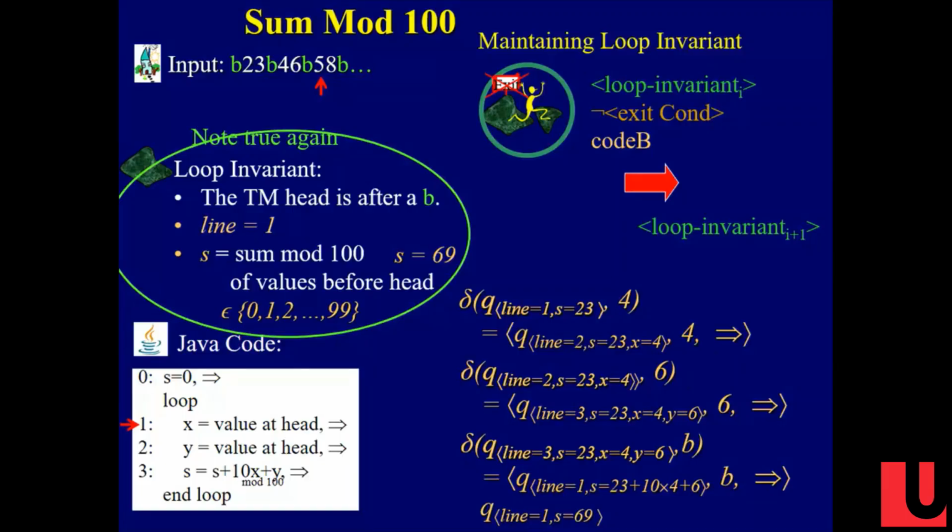So you can imagine some input, make up an input, and make sure that your Turing machine seems to do this. As a double check, you see on my example, is the loop invariant true again? That's just a way for you to check that you're doing the right thing.